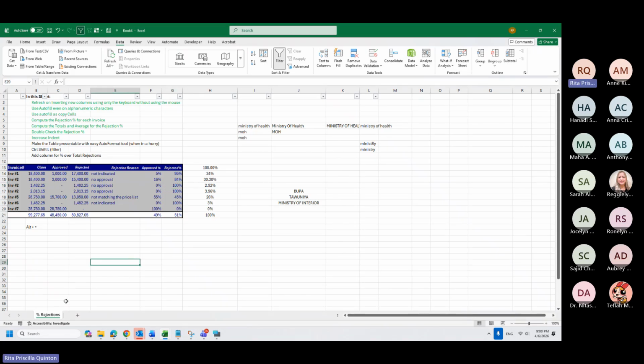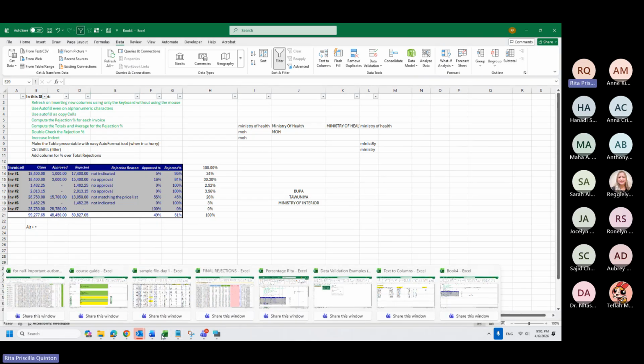For example, you have multiple tabs in the book that you want to send to management. You have to do it sheet by sheet to break the links. Yes, for example, Anna is asking if we have multiple tabs, how we will break the links. Here on the data, let's try to have one.